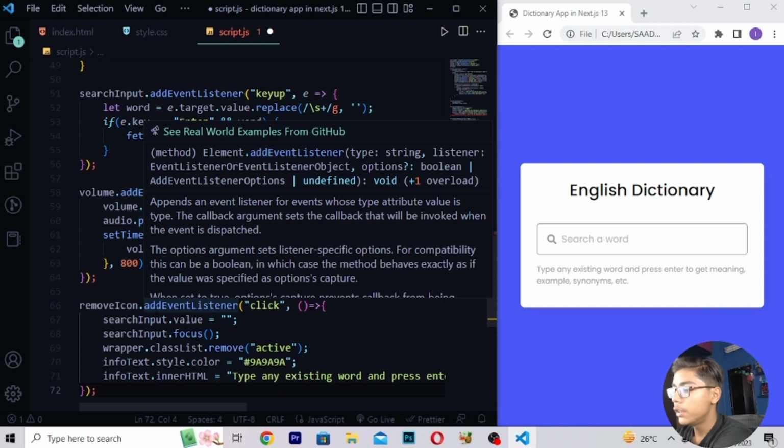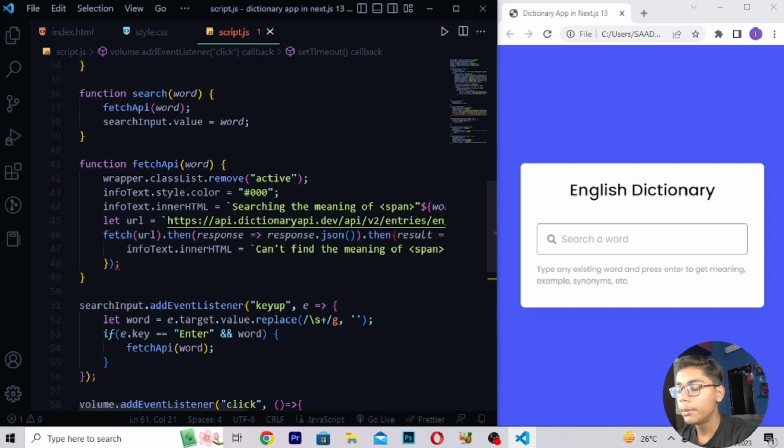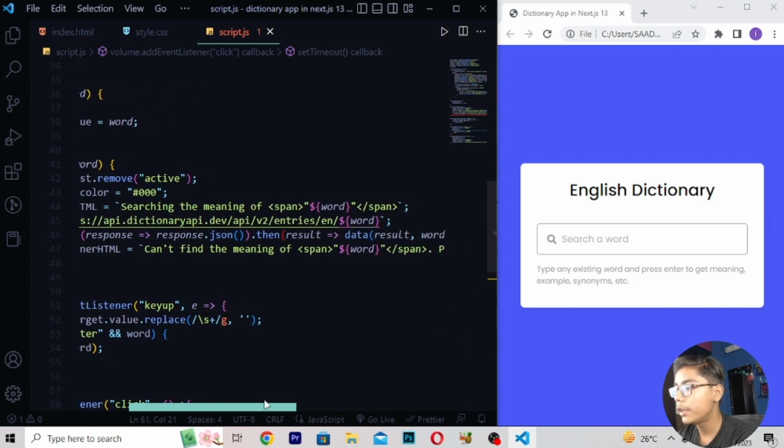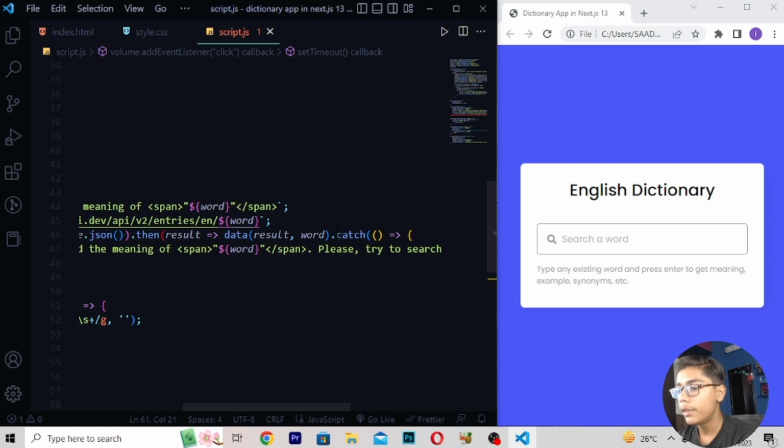Now I'll move to the top, save this, then move to the top again. Here we are getting some mistake down here. If I show you, you can see we are getting an error. So I'll move to the front. You can see I have written .result equals data.result.word, and here we have to close this tag also. Now we have closed it, and we are not getting any error.